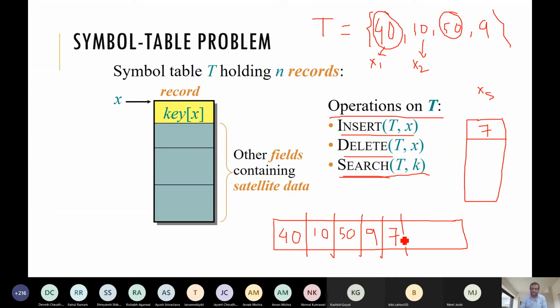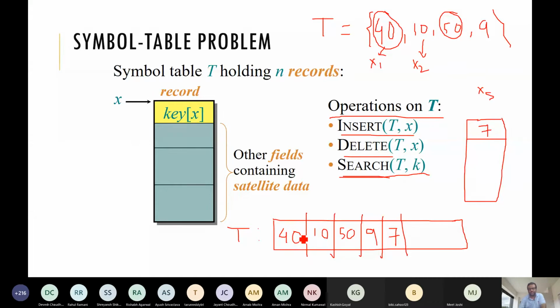So yes, linked list is one of the solutions, but in that case, what is the search time? This is our T, just an array or linked list. Search is linear time, because we haven't done anything with these sets. We did not sort it. The way they are coming, we are just storing them.